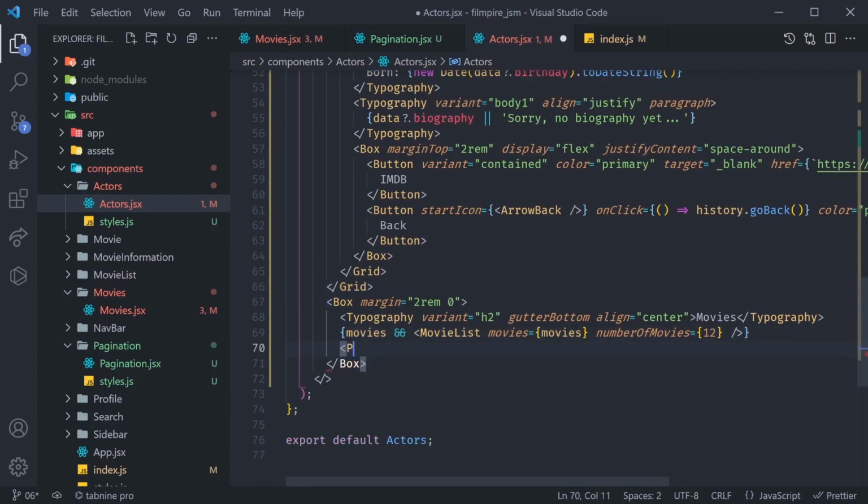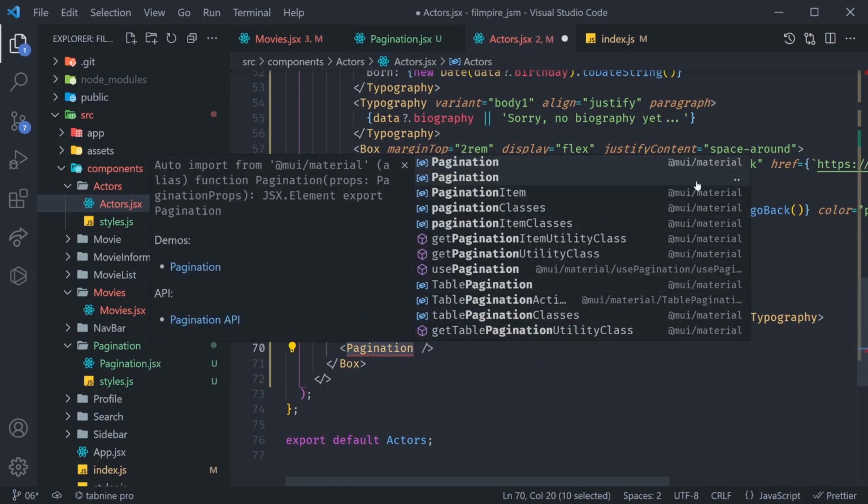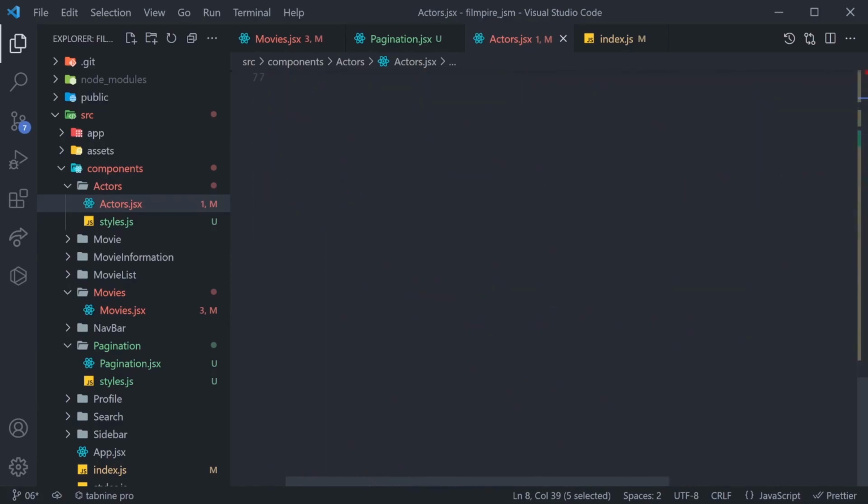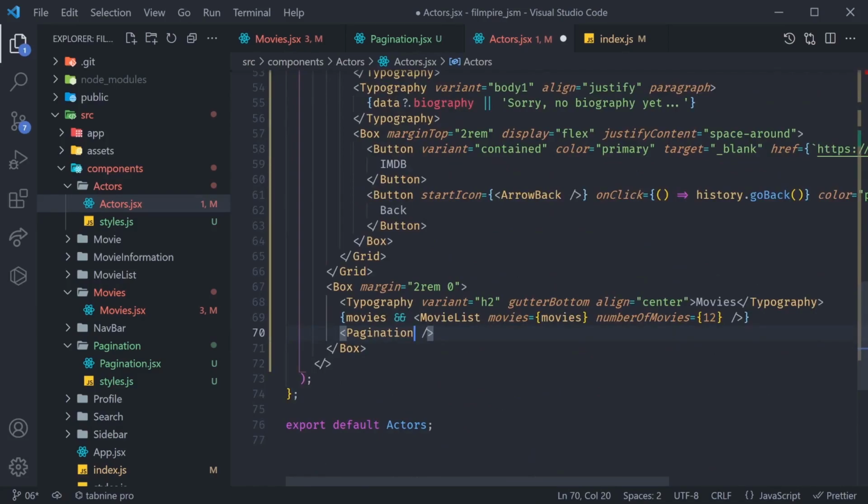So inside of here, I'm gonna say pagination and press Ctrl space to immediately import it. Use the second one. If it didn't do it for you, make sure you put it right next to this movie list, pagination from